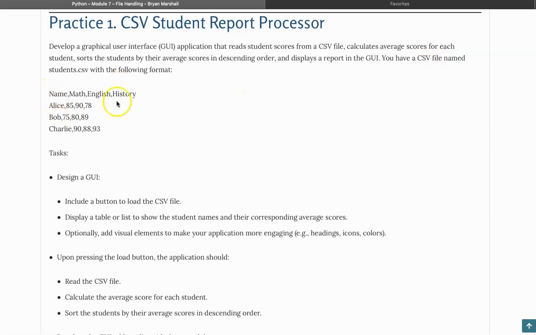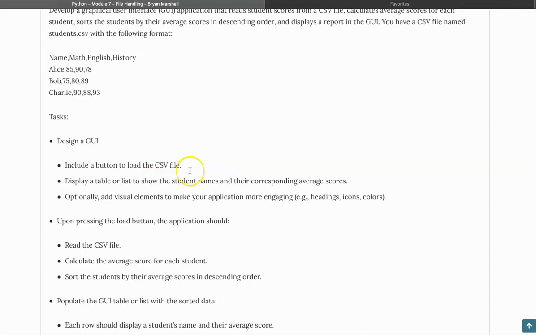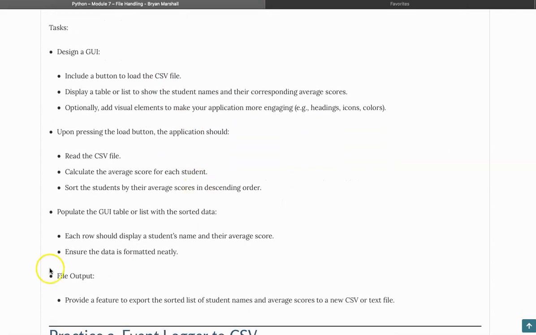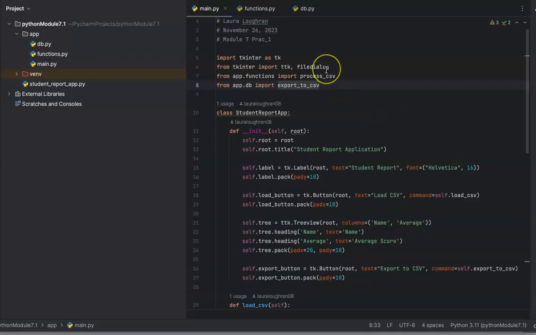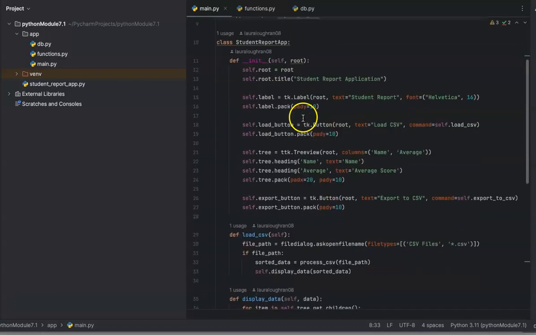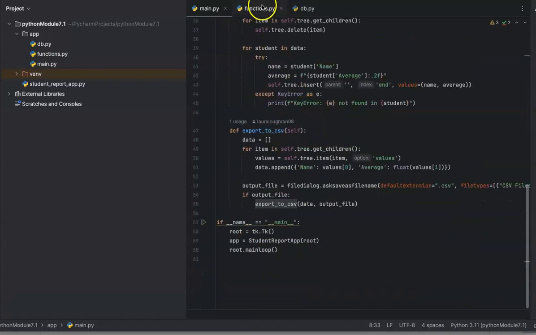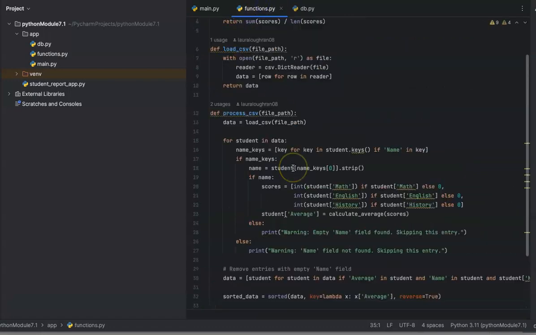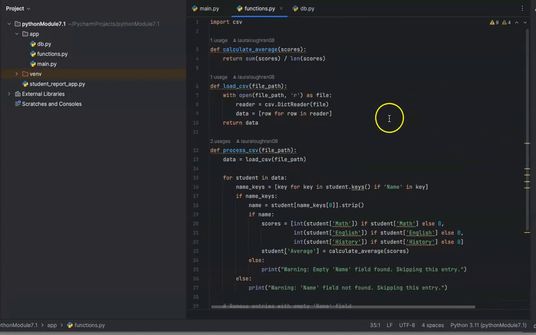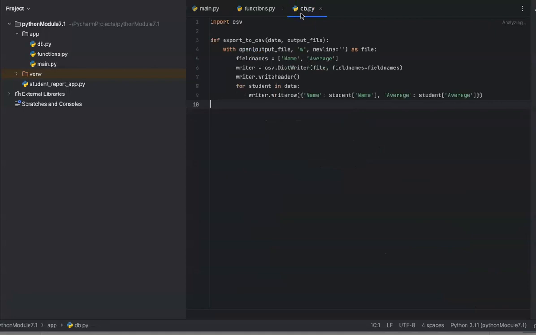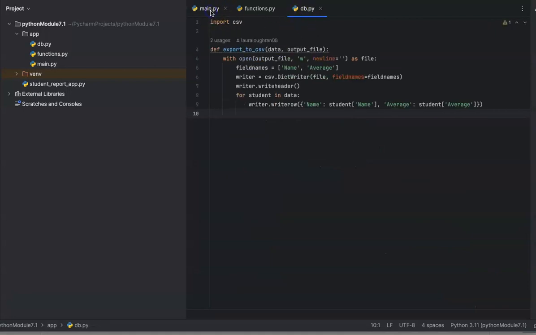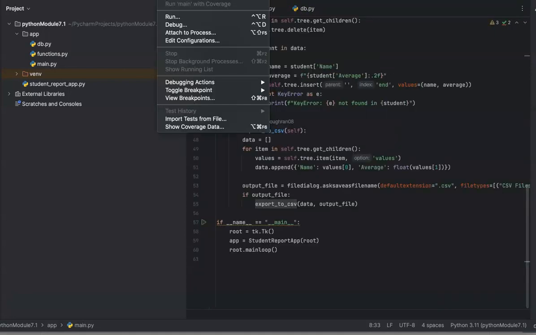So here is the CSV file we have, and here are our instructions. We can go into our main and see all of our main functions here. Then we can go into our functions file and see all of our functions listed. And we also have our DB file. So when we go to run main,